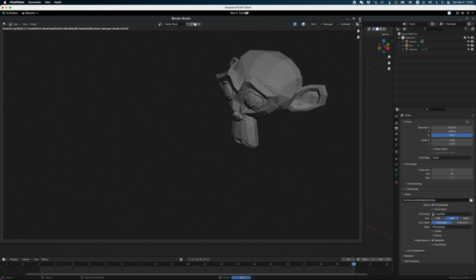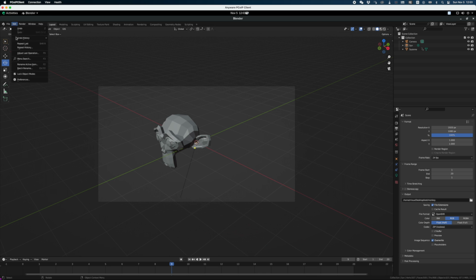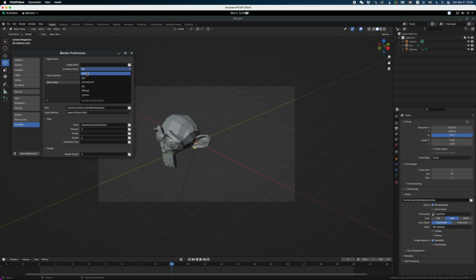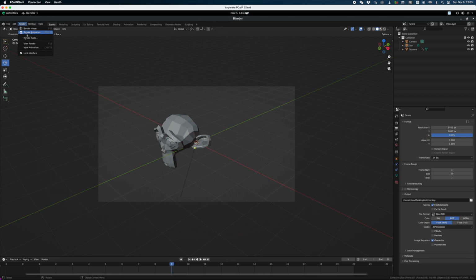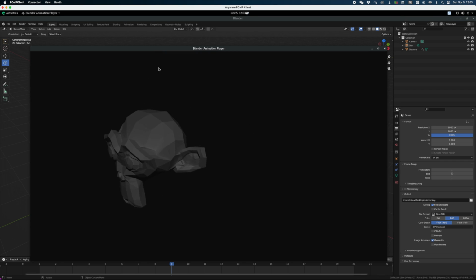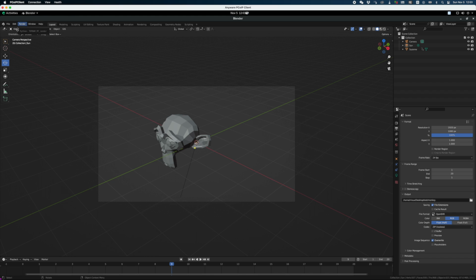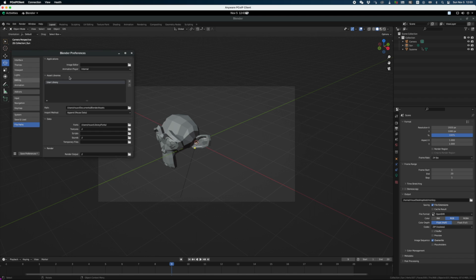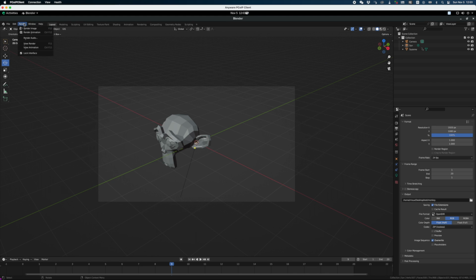I will revert to the original system just to show you the difference. So I will go back in my preferences and go back to internal. Now if I go view animation, it looks too dark, so that's not good. Okay, so let's go back to the preferences and change the player again. So preferences here, I will change it back to DJV, that thing here. So now if I do my playback,